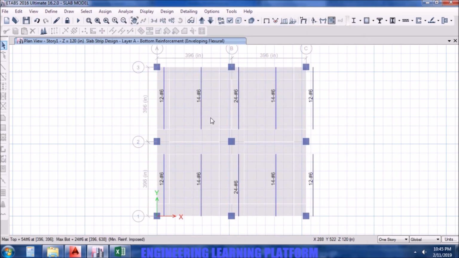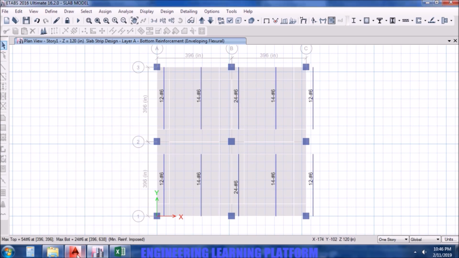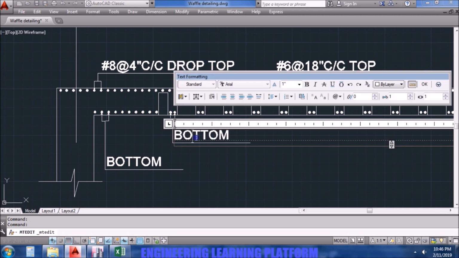Now for the bottom reinforcement in the drop panels, the highest number I am getting here is 24, number 6. For that we need to check the spacing. 198 is the strip width. The 8 inches spacing comes out